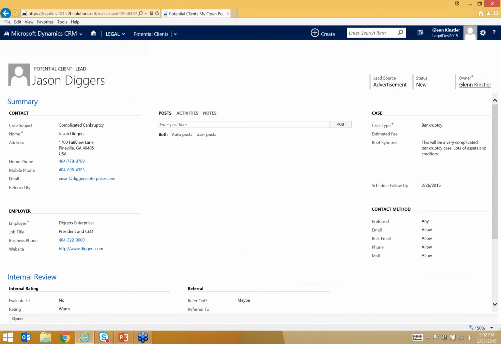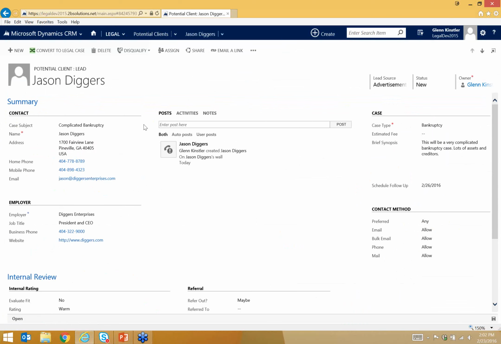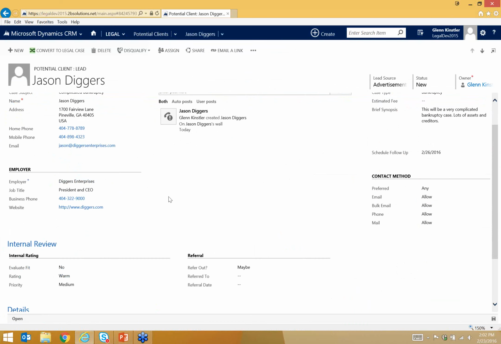So let's open this. And as you can see, I've got a lot of information about this particular case. I've got obviously your contact information for the potential client, some employer information. I've got a breakdown, more details about what this matter or case consists of. As I scroll down here a little bit more, I've got some places where we can review or grade almost this potential client. We've evaluated it. We feel like it's not going to be a fit for us. We've given it kind of a warm rating,